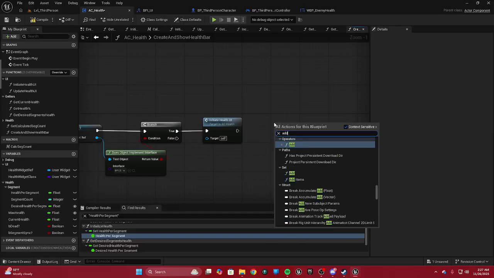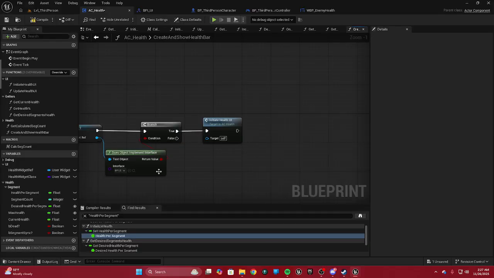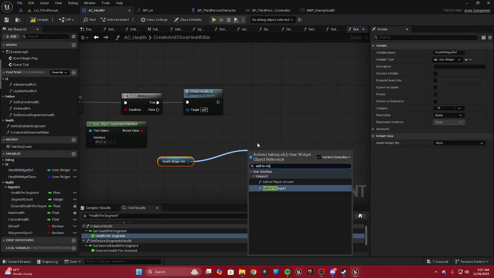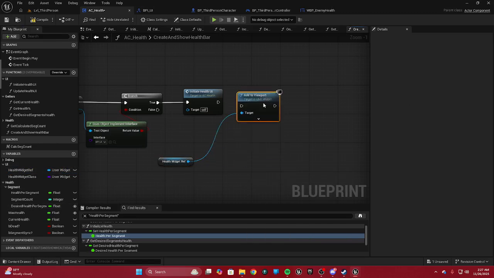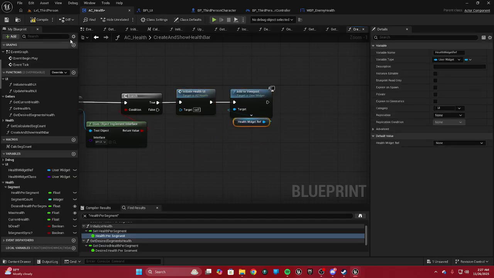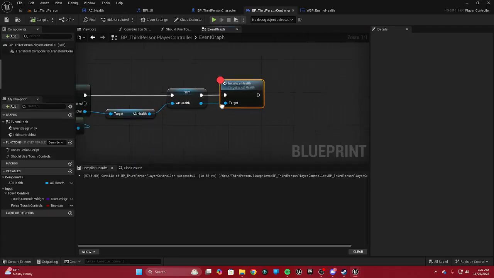Oh, I'm sorry about that. Okay, add to viewport the reference. And so this is create and show. We're going to put this on,